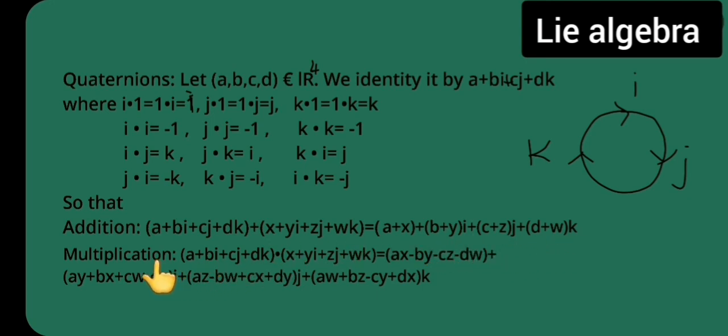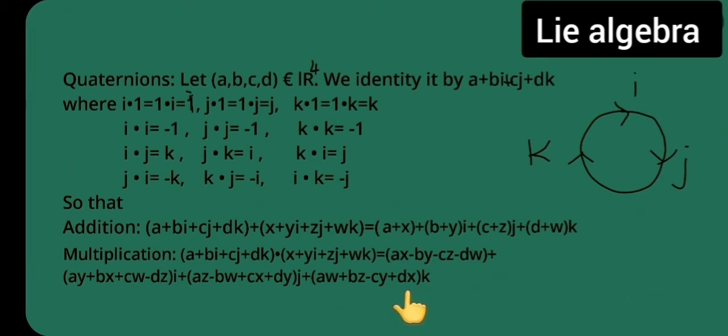Now what about the multiplication? I have to do A times X minus Y. I am multiplying, so i times i is minus 1. Here it is given that i times i is minus 1. So what I am getting is Ax minus By minus Cz, because j times j is nothing but minus 1. Looking at this, you can solve the entire part. Then take the i terms together after solving, do the similar thing with j, and then find out the k terms. That's it.